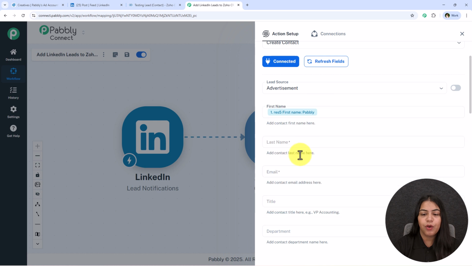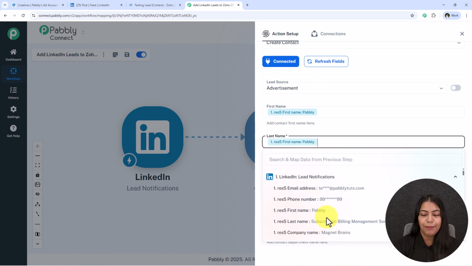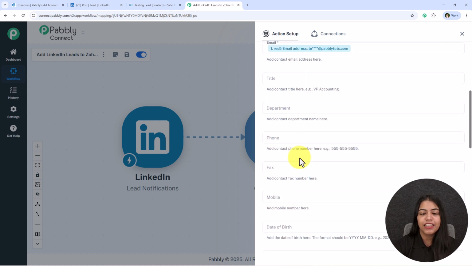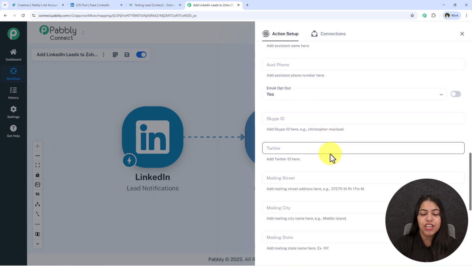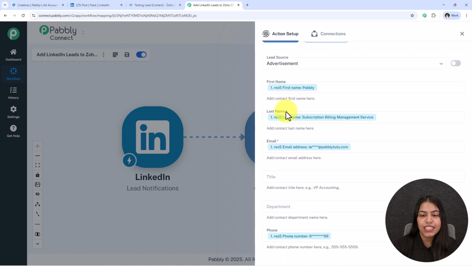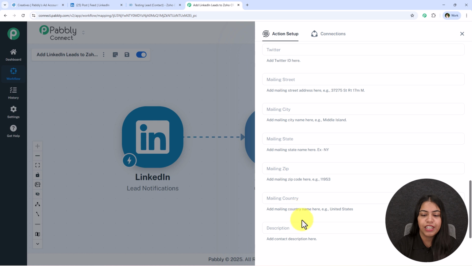So you must be wondering what is mapping. So mapping is a method by Pabbly which means inserting the data from the previous step. And when we insert the data from the previous step, automatically our data becomes dynamic and change with every new response received. So as you can see that I've mapped all of these details and these two details were mandatory, which is last name and email. But I also had the first name and phone number, so I mapped that too. If you wish, you can definitely only map the required details, move on further and click on this save and